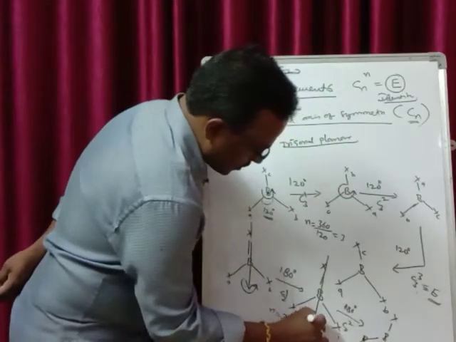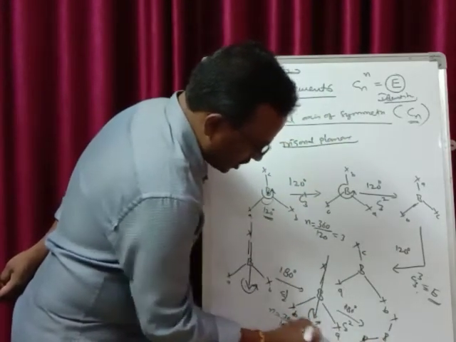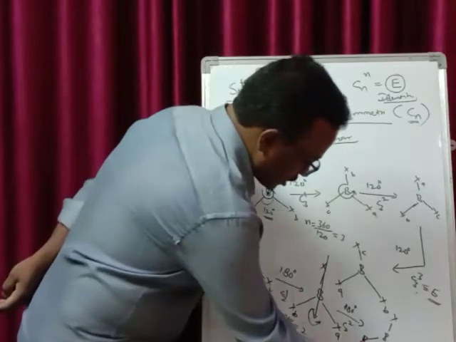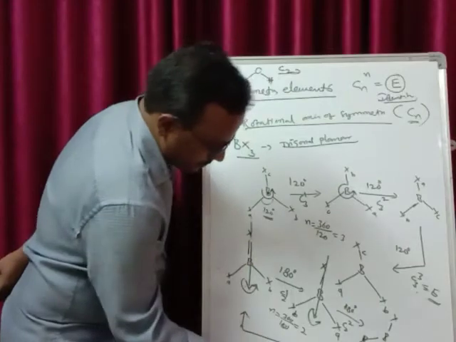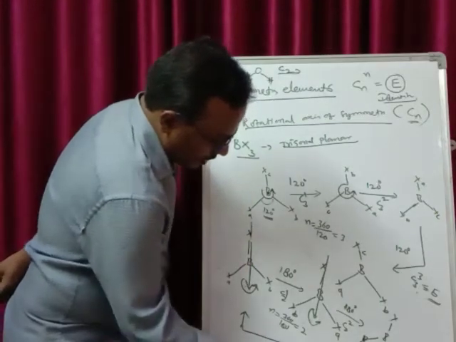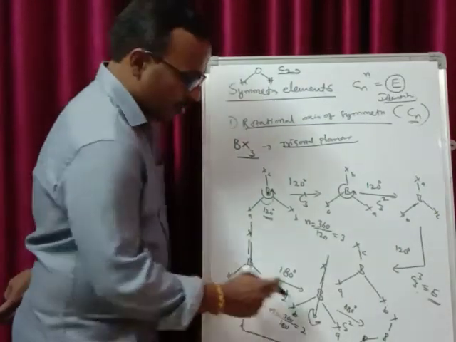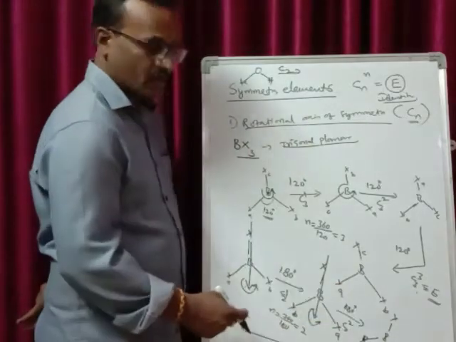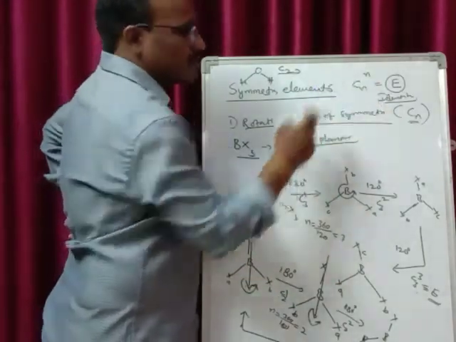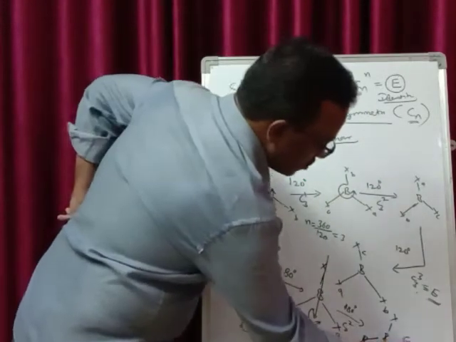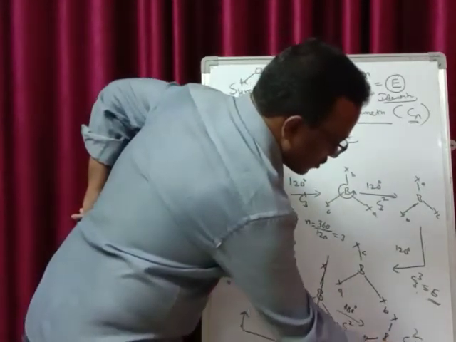Now again, rotation along this axis. The position of XA and XB again changes. Now if you look at these two, they are identical structures. This identical structure is obtained by rotating it two times, C2^1, C2^2. As I already told you, Cn raised to the power of n is equal to identity. Here also C2 raised to the power of 2 is always equal to what?